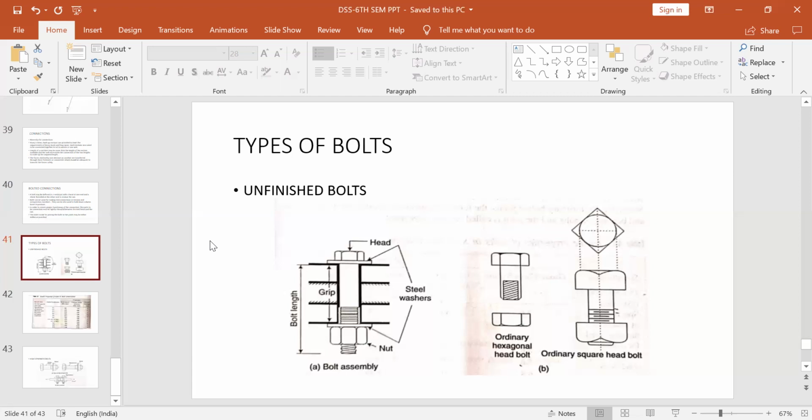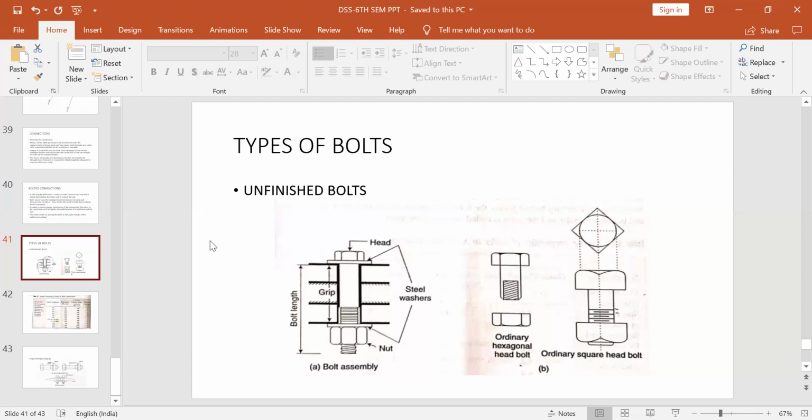Now the third is on the basis of force mechanism. The connections are referred to as bearing type, which means bolts bear against the holes to transfer the force, and slip type or friction type connections, when the force is transferred by friction between the plates due to tensioning of bolts. So these are the three criteria: the resultant force transferred, the type of force that is reacting, and the type of force mechanism. There are some classifications of the bolts that we use.